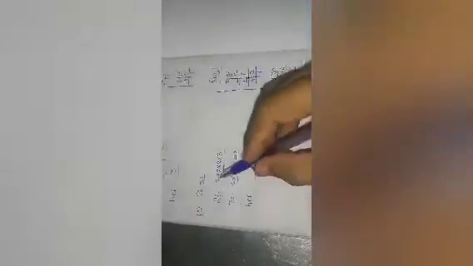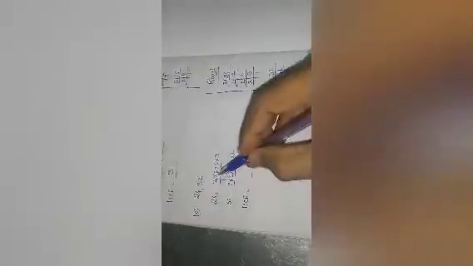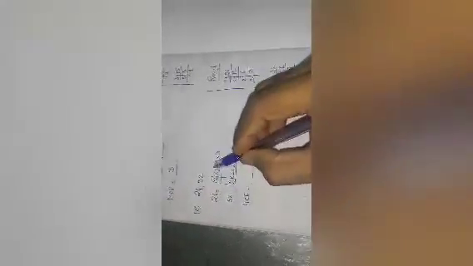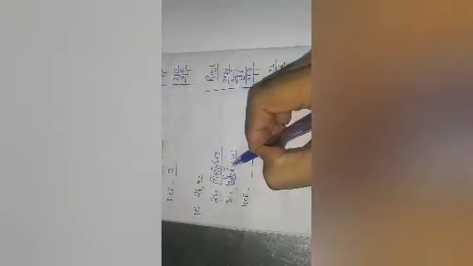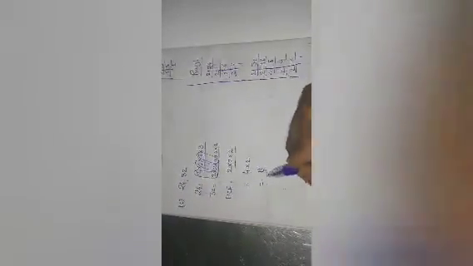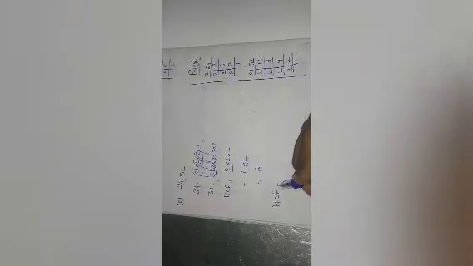So here students you can easily find the common numbers. This is common, then another, this is common, then another, this is common. It means 3 times 2 is common. It means 2 into 2 into 2 is equal to 2 twos are 4, 4 into 2 is 8. So your answer HCF is equal to 8. Clear students? Any doubt? If you have any doubt, then ask the query without any hesitation. I am ready to reply to you.